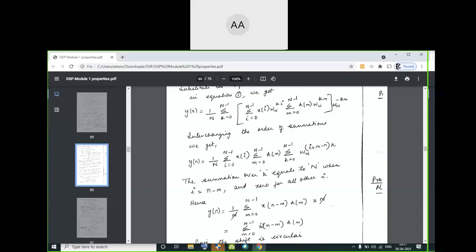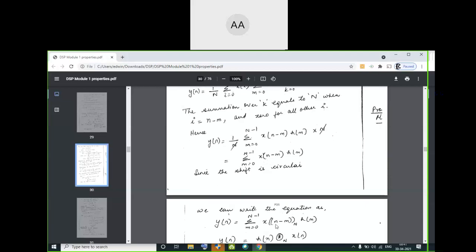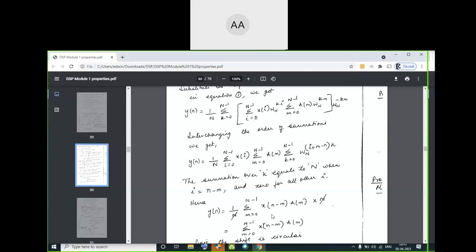Okay. You do one thing: write it down once. You change the limit and also see it. If you change the limit and keep the I variable, this will remain like an extra thing. You will not be able to achieve your shifted value n minus m, or n minus I and h of I. You can keep anything. But ultimately, there should be a shift, there should be one variable. Either you eliminate m or you eliminate I, whichever you want. My ultimate goal should be that I have a single summation.